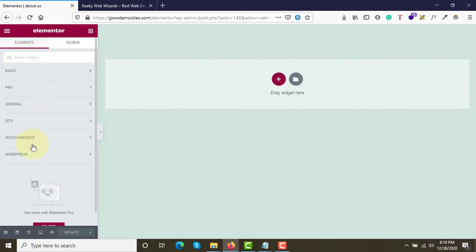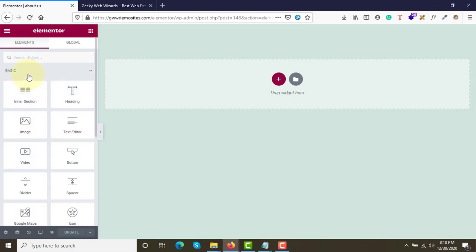This is not a page, but this is the option where we will have all elements listed. Elements, in the sense, you can think of them as widgets, right? If we want to add a text element to our website, we'll use this one. If we want to add an image element, we'll use this one. If we want to add some paragraph or some text, we'll use this element. If you want to use video, we'll use this element. If we want to add buttons in our website, we'll use this one. How to do that, we'll see in the next video. But for now, you need to understand what options are available in this editor.